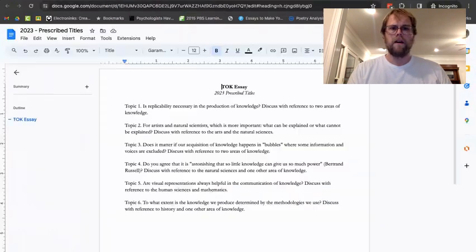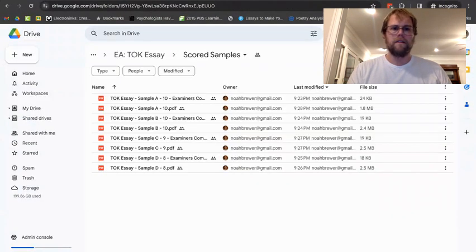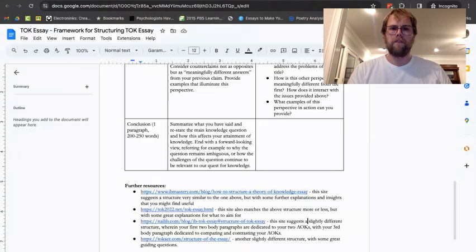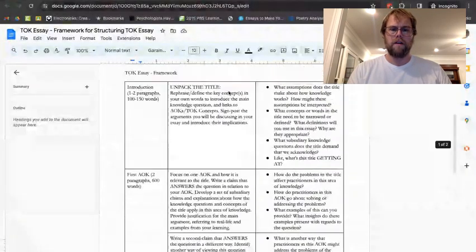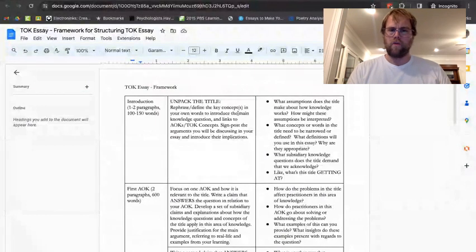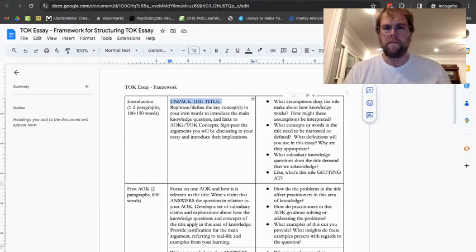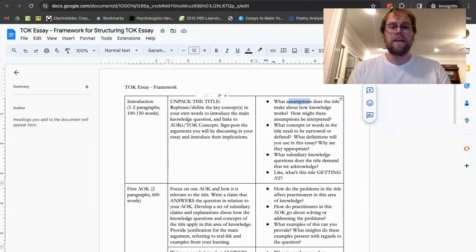The other thing that's on here is this framework that I have constructed, which should give you an idea of how to organize your essay. So the first thing you need to do is introduce, and that should be a matter of unpacking the title, right? Rephrasing, defining key concepts, thinking about what assumptions the title makes. A lot of these essays, when you look at these good examples, start with something like, in order to answer this question, we must first decide, and then start deciding on how you're going to define